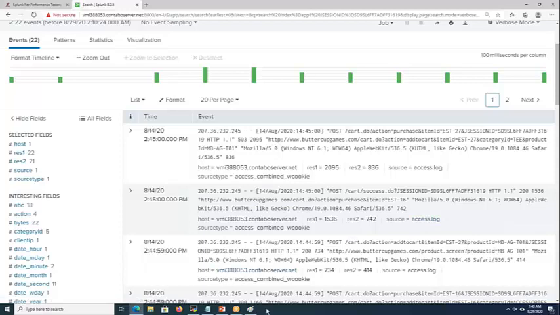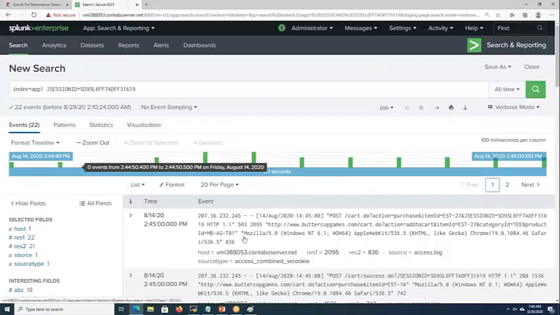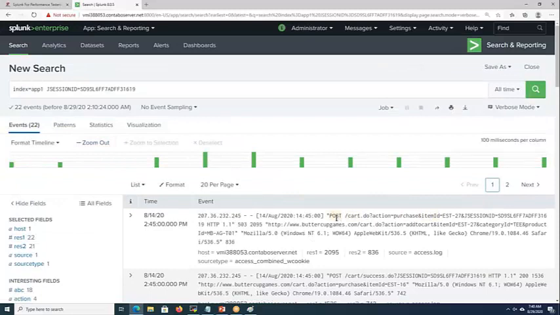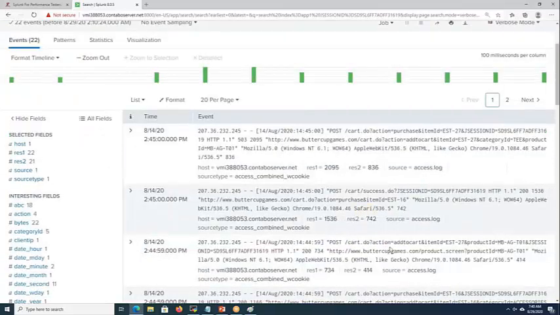So something like that we'll be discussing. Here there are 22 events, right? So he has done some purchase, which was a success, and he has done some add to cart operations. So how to nail down the issue, how to track based on the session ID, how to debug based on the session ID, right?